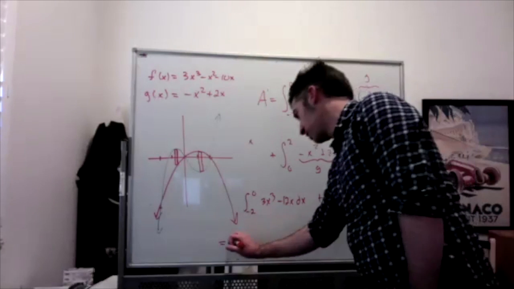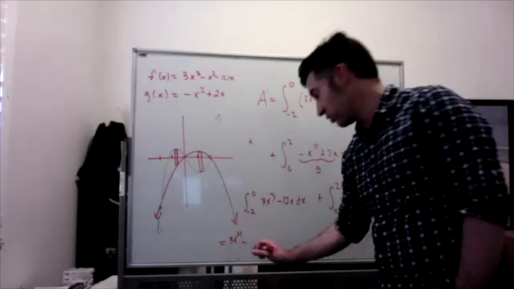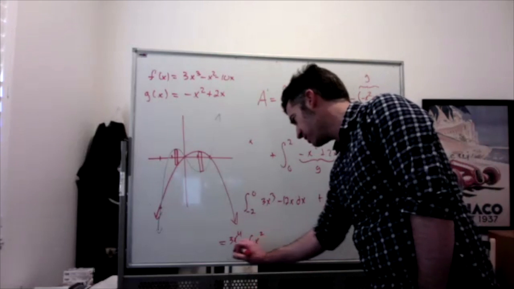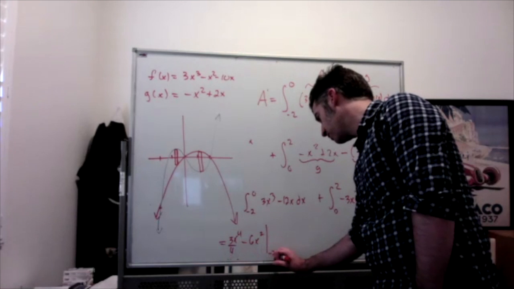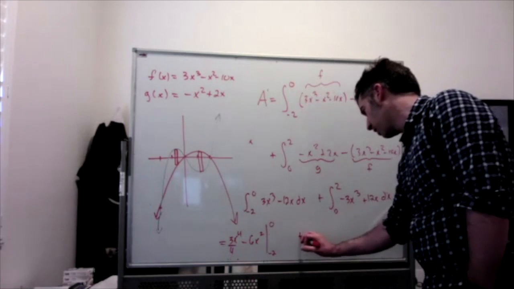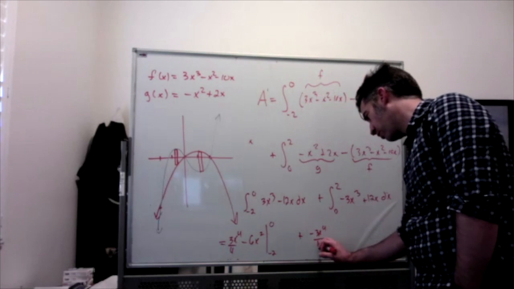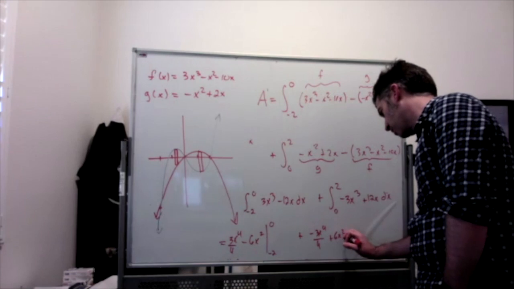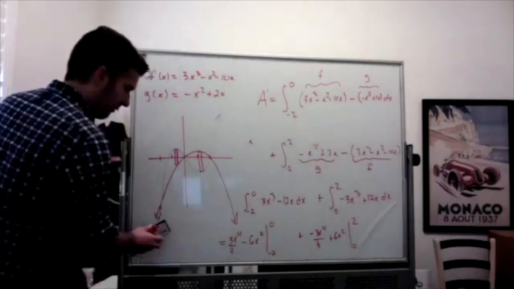So integrating this, we're going to get 3x to the 4th over 4 minus 12x squared over 2, which is 6x squared, from -2 to 0, plus -3x to the 4th over 4 plus 6x squared from 0 to 2. So calculating that first part,